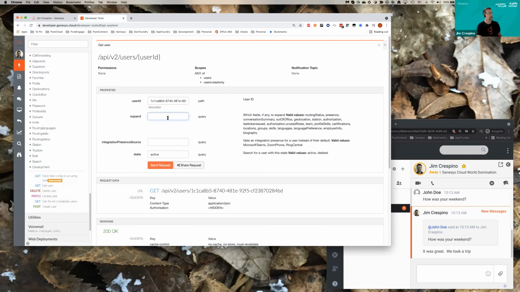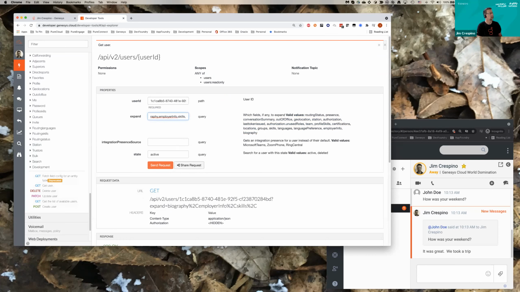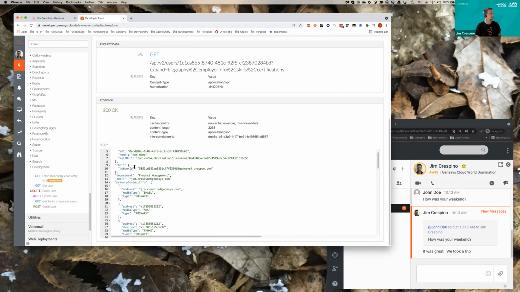And if you expand on, let's do biography, and let's do employer info, and let's do skills and certifications. And that's probably enough. So you can see, you just use a comma separated list of things to expand on, and you can see how it just tacks that on to the GET request as a query parameter for expand. But if I execute that now, not only do I get the basic info that I got before,